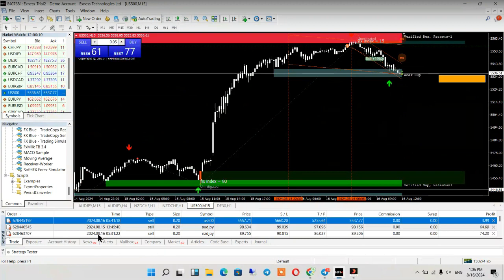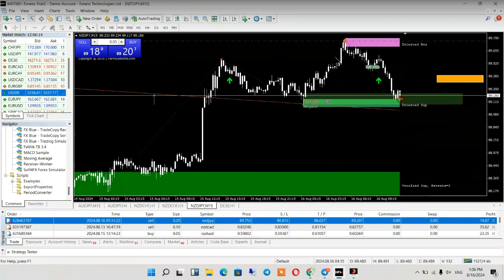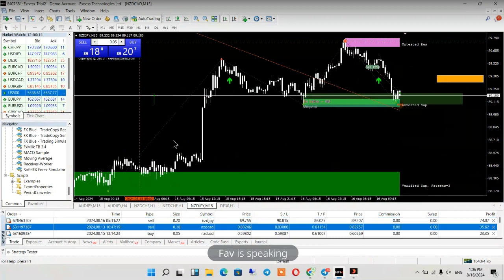And also, we check NZZJPY. Let me see, we have another 55 pips running here. As you can see, NZZJPY, 55 pips running here. And NZZ card,